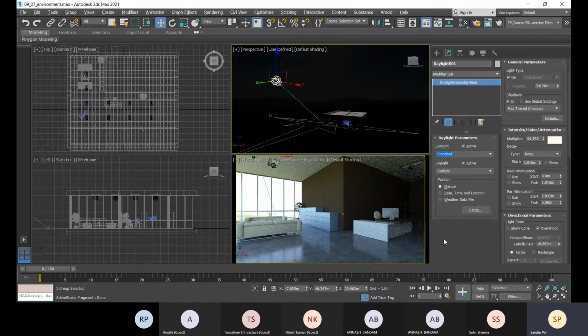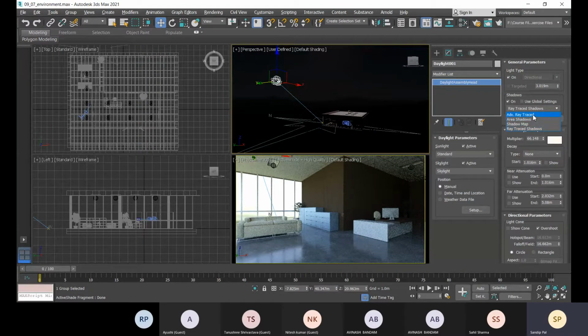Okay, and if you have this data file, you can choose this data file option on, and this shadow and the light type will be on, so that will not be any targeted, so that shouldn't be off. Okay, so that light will be on and shadows will be on, so ray trace shadows, that is okay.